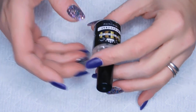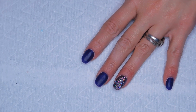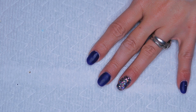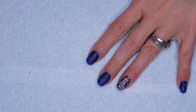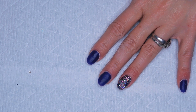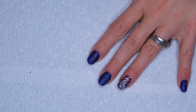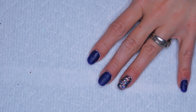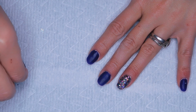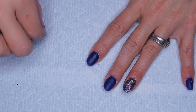It's your choice if you want to use the step 4 glossy coat, or you could stop here and add any kind of jewels or decorations or glitter. Use LED or UV LED top coat. If you're using the step 4, this is one of the weirdest top coats I seem to have trouble with sometimes, so you have to make sure you wait the whole exact minutes, which I know sometimes I get a little impatient, but